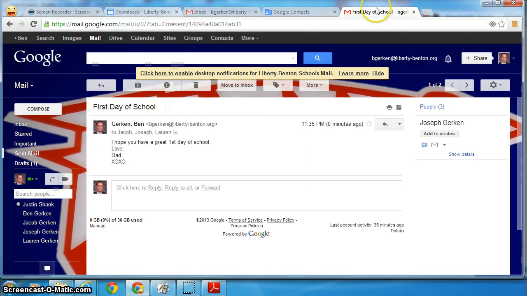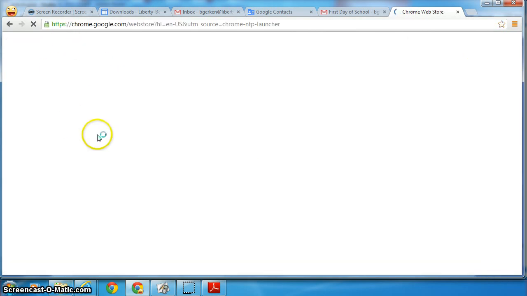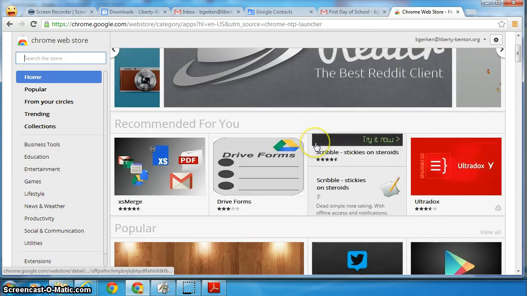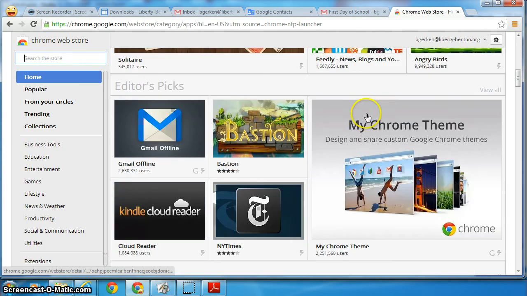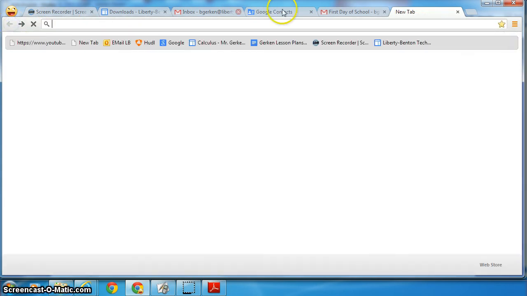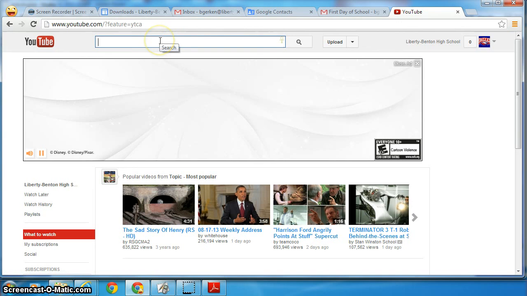So if I go to YouTube. I have it because I downloaded it from the web store. If you go to the web store, you can search for tons of different applications and then just add them, if you want to download Angry Birds, all these different apps. I downloaded YouTube as an app, so now it's on my home screen. If I click on YouTube,